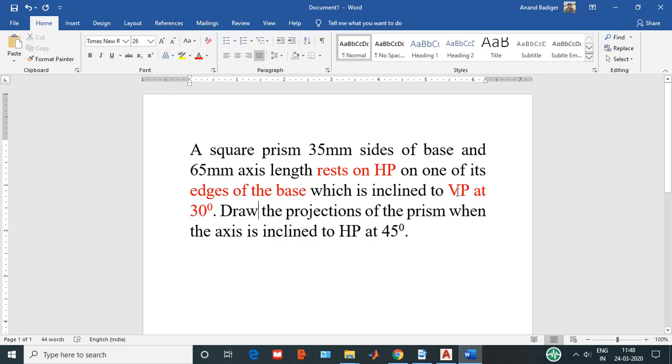And when this edge is inclined at 30 degrees to VP, at the same time the axis of the prism is making an inclination of 45 degrees with HP. This is the main data required to solve the problem. The dimensions are given: it's a square prism, 35 mm is the side of the base and 65 mm is the axis length. So let us begin with the problem.